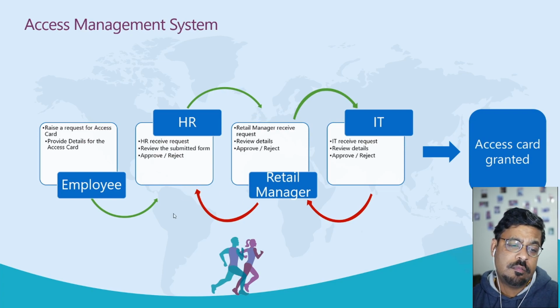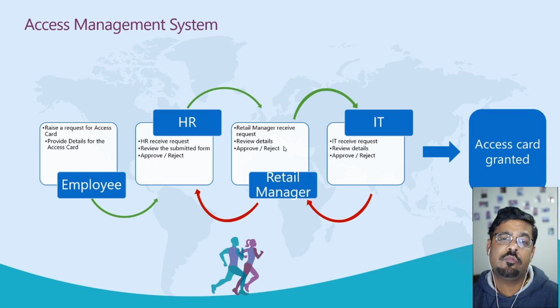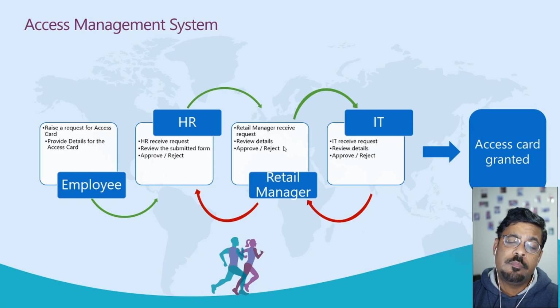Meanwhile, in the flow itself, you can see these red arrows. These red arrows represent rejection. So if the retail manager rejects this form, it goes back to HR, and if IT rejects it, it goes to the retail manager. I will make it a state machine workflow where a request can go back and forth between the users, so they can decide how to progress with the application. Okay, let me go to my